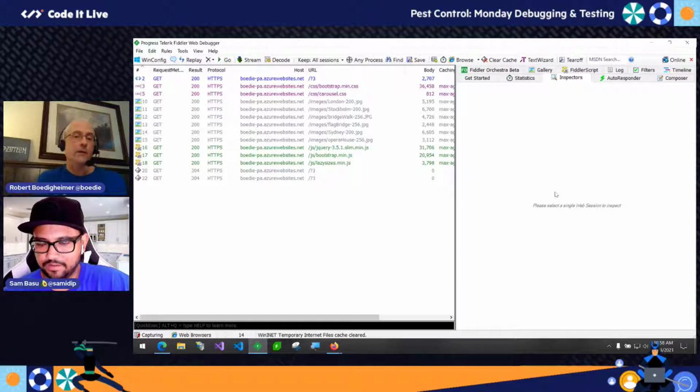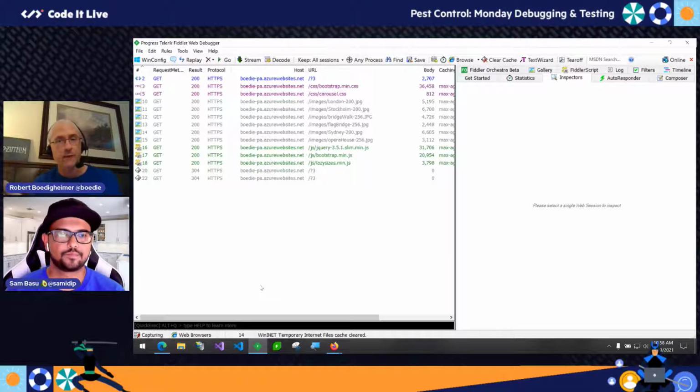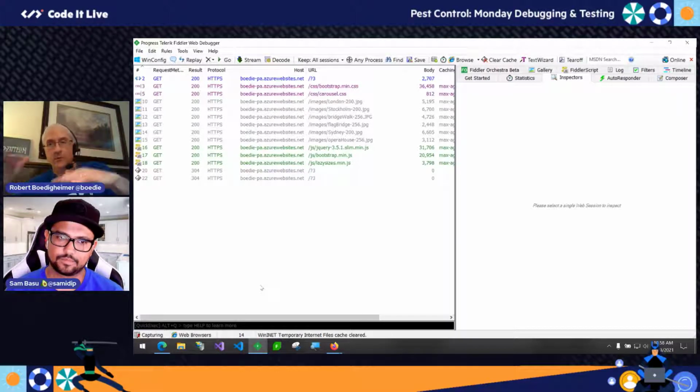Yeah, and the other thing I like about Everywhere is that in Fiddler Classic, you could only have one trace open at a time, and that's not true in Everywhere. In Everywhere, I can have multiple tabs, so I can compare. I keep history all the time. I'll run my site from 3 months ago, I'll save that, and then run it again today. I can open them both in Fiddler Everywhere and see them in separate tabs. There are ways to make Fiddler open instances and stuff, but in Classic, that wasn't an easy thing to do.